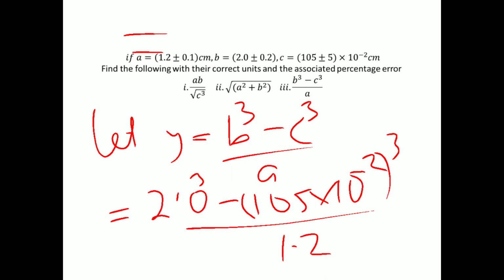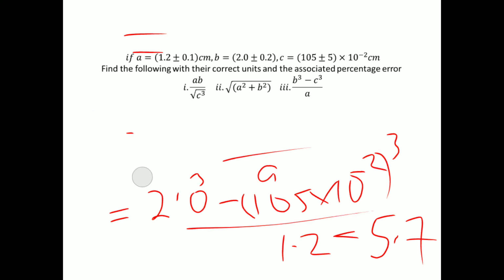So we have 2.0 cube minus, okay, we have 105 times 10 to the power minus 2, which is also cube, and all is divided by 1.2. Okay, so we get 5.7. So all of that is giving us 5.7. Now let's go ahead to find the percentage error. Of course, to find the percentage error, find the relative error,